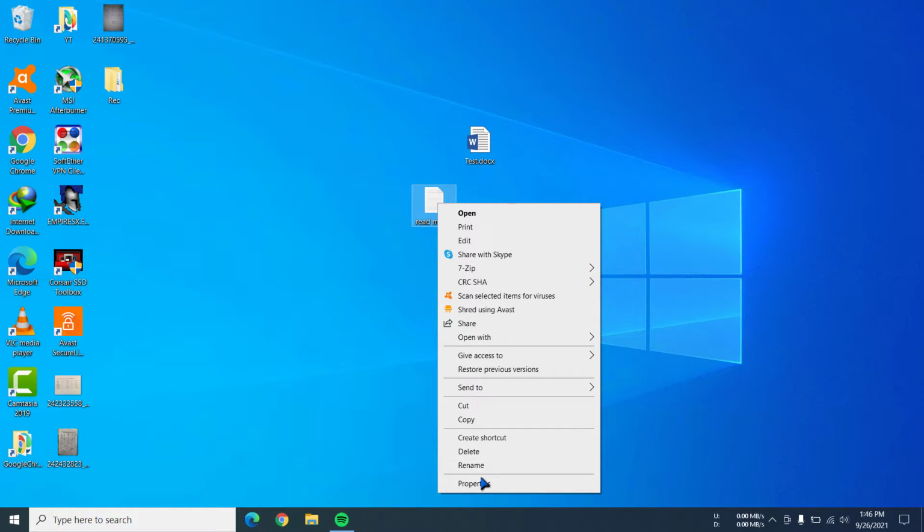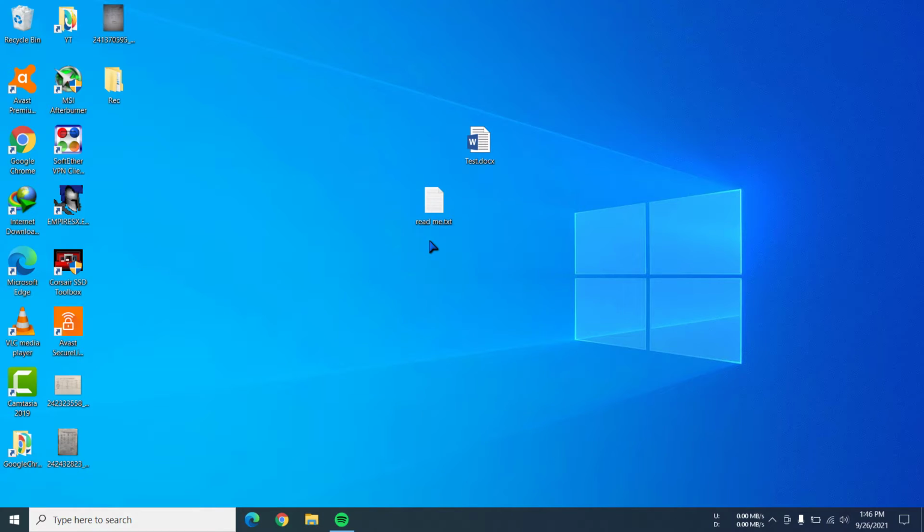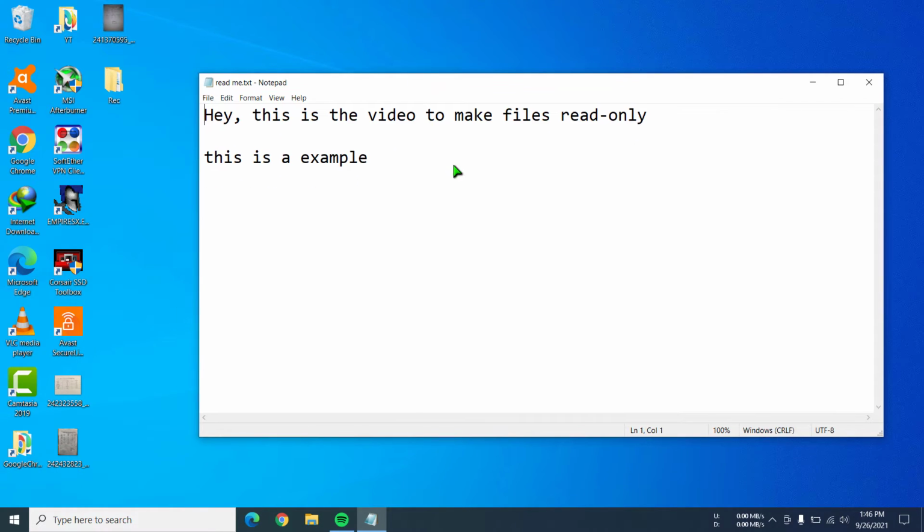by right clicking on the file and going to properties. Then we're going to click on read only. Now click on apply and then OK. So we're going to open the file again, and now you can see this is pretty much similar to what